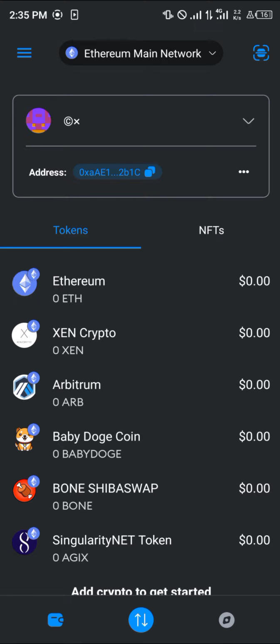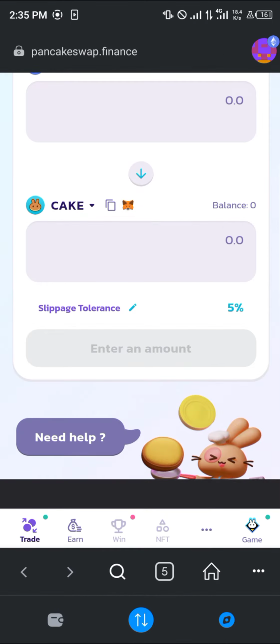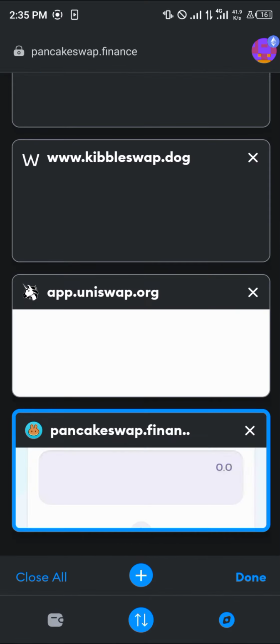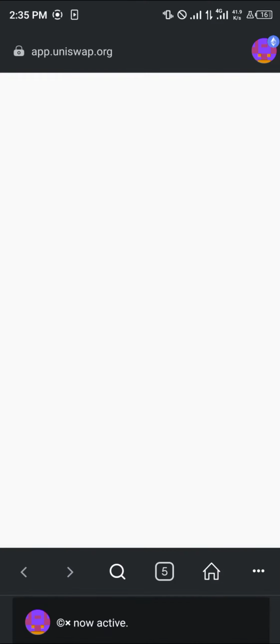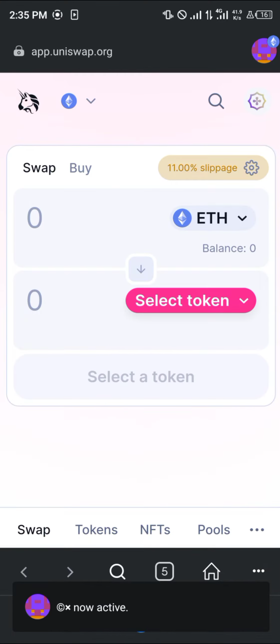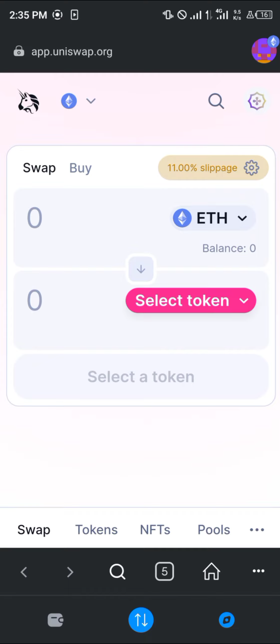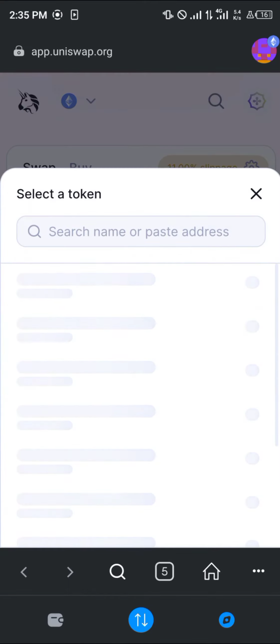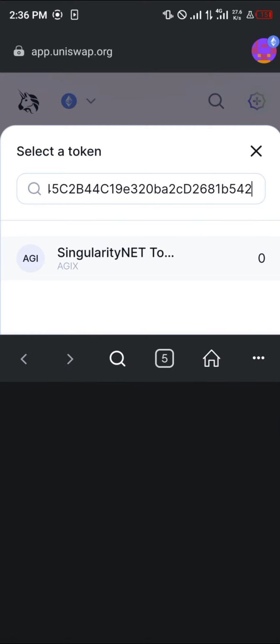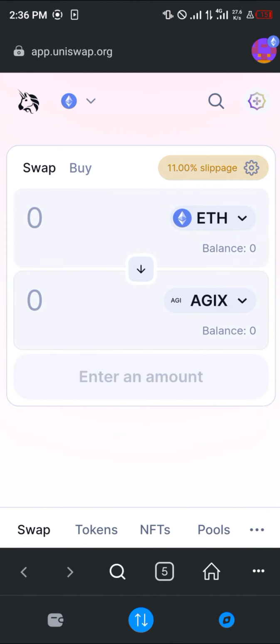So you simply click on this browser icon here and click on this tab and open a new tab, or simply log on to app.uniswap.org. And once you've logged on, make sure you use your Ethereum balance to get the AGIX. So you could either search for AGIX or paste the contract address. So I'm going to paste its contract address here, click on AGIX, click on continue, and